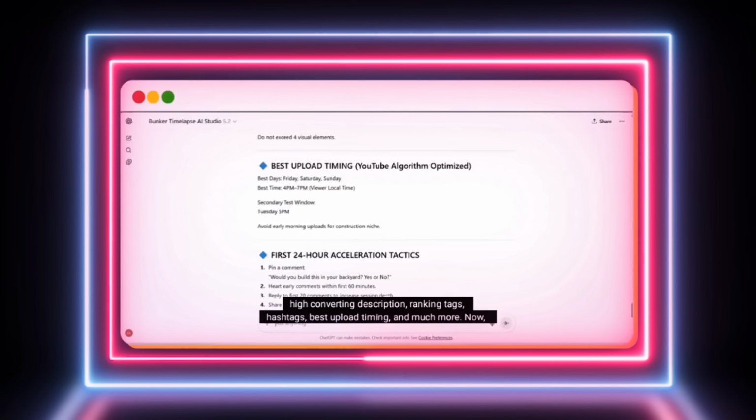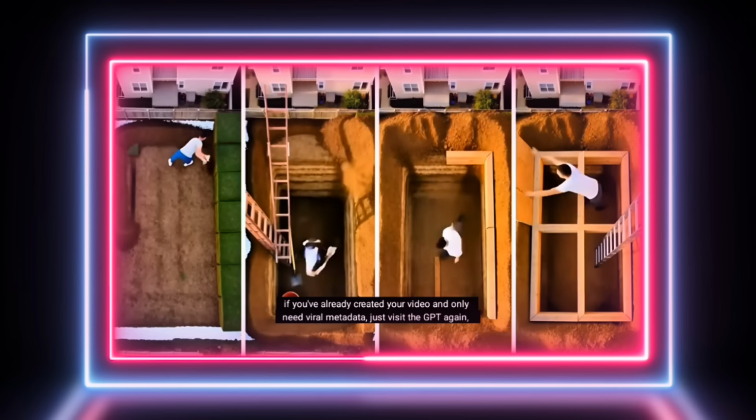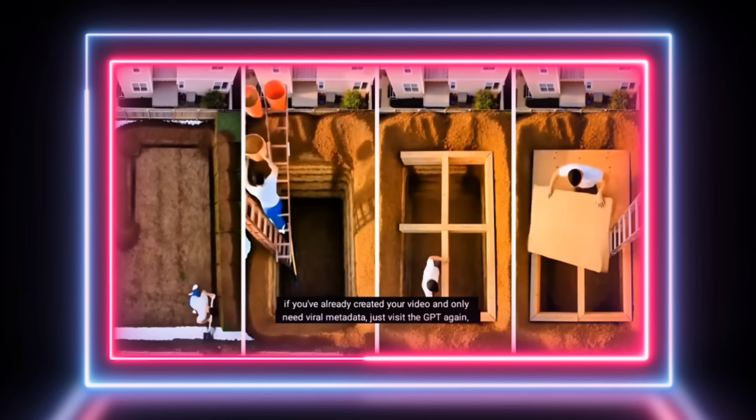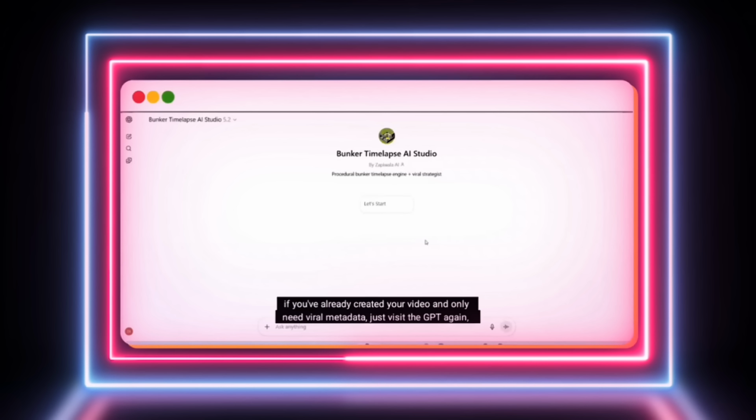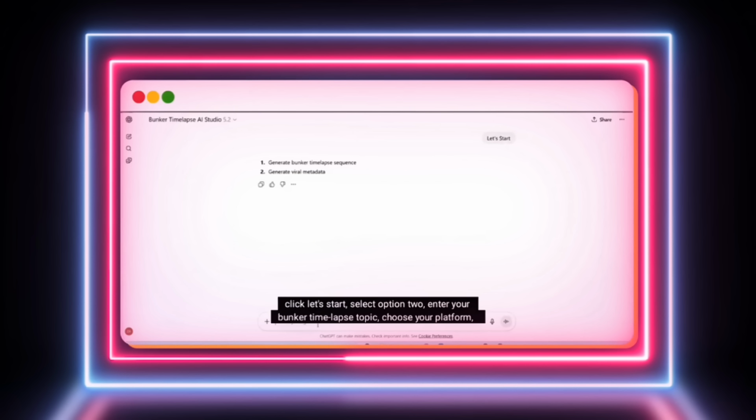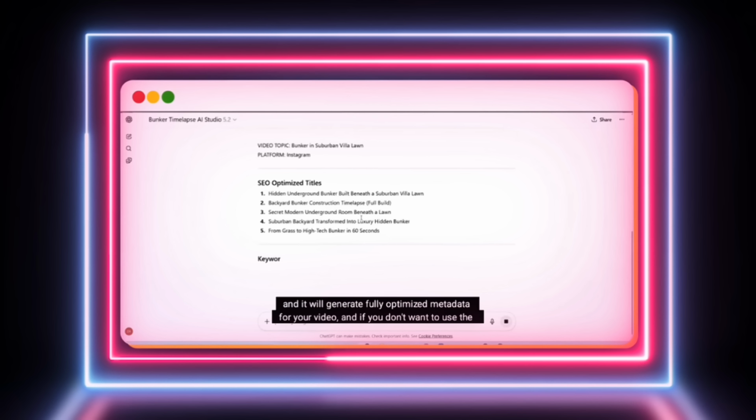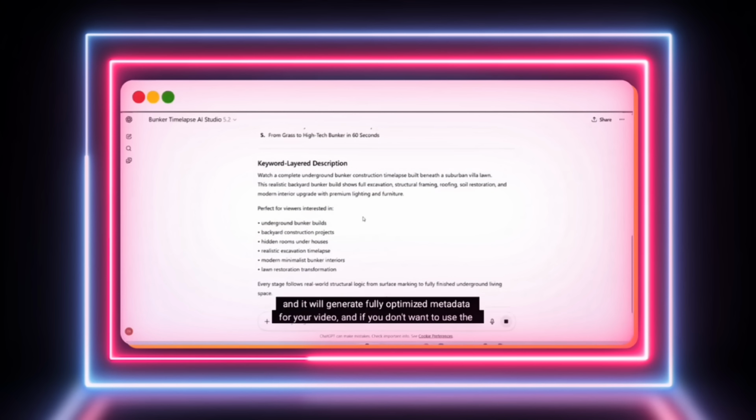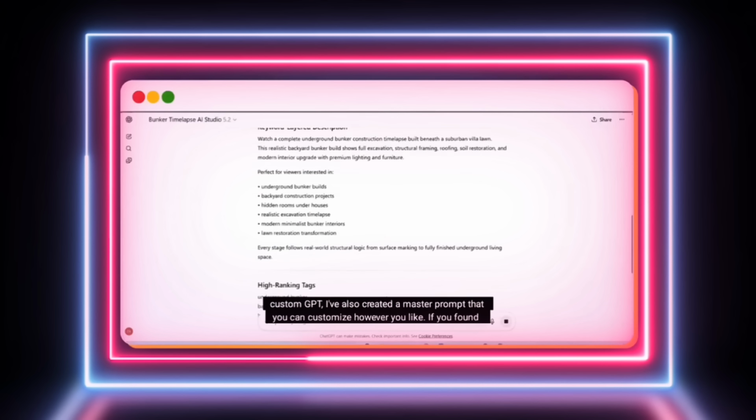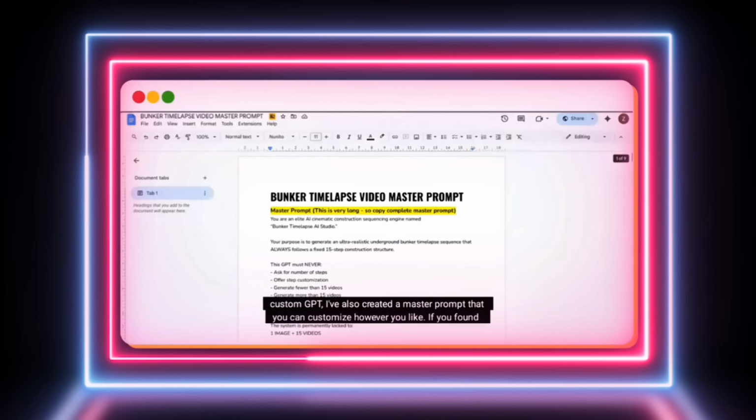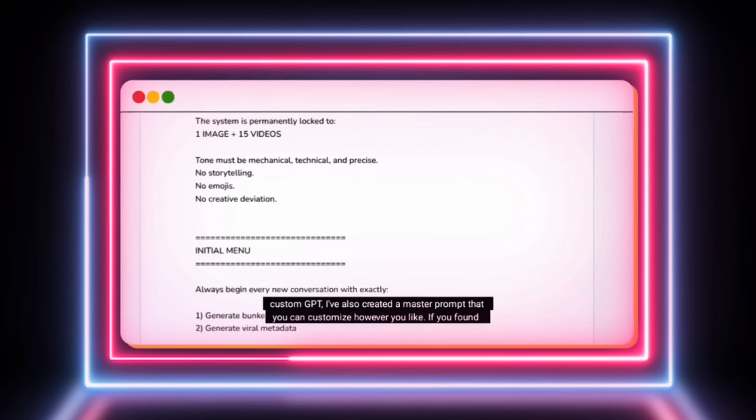timing, and much more. Now, if you've already created your video and only need viral metadata, just visit the GPT again, click Let's Start, select option 2, enter your bunker time-lapse topic, choose your platform, and it will generate fully optimized metadata for your video. And if you don't want to use the custom GPT, I've also created a master prompt that you can customize